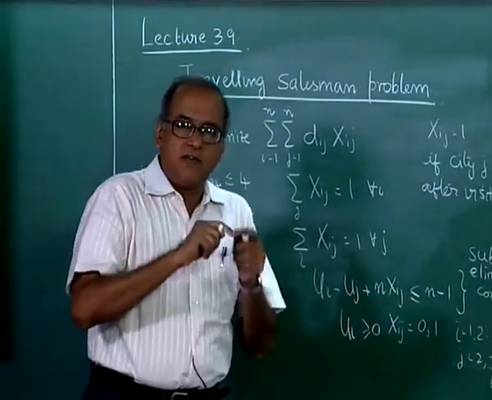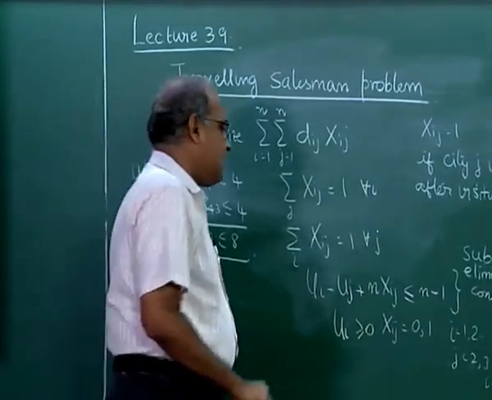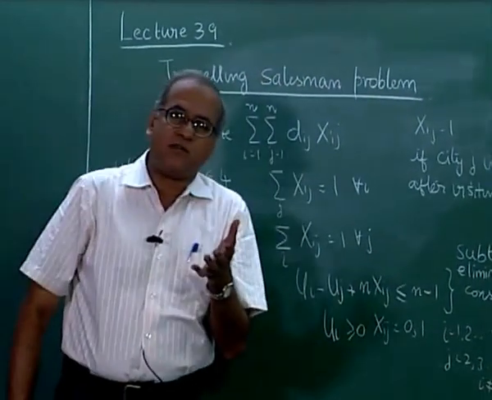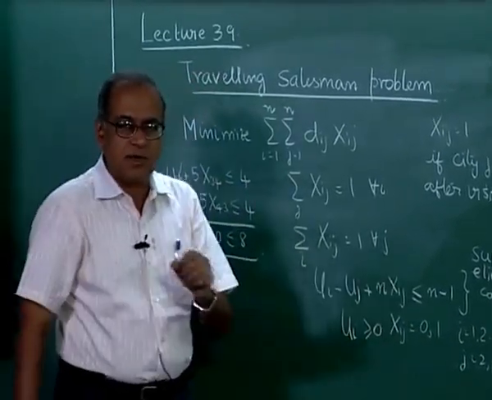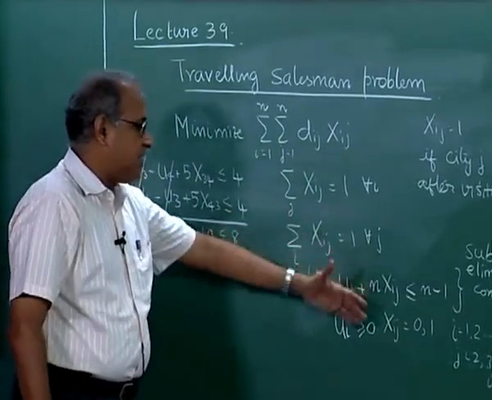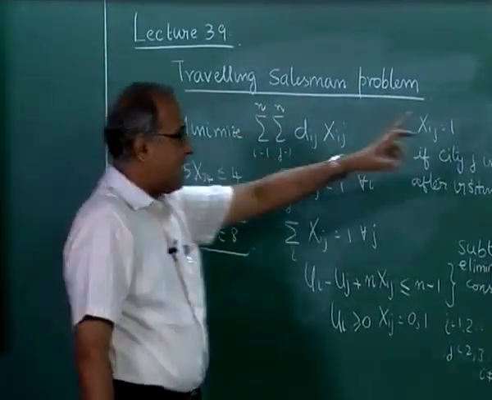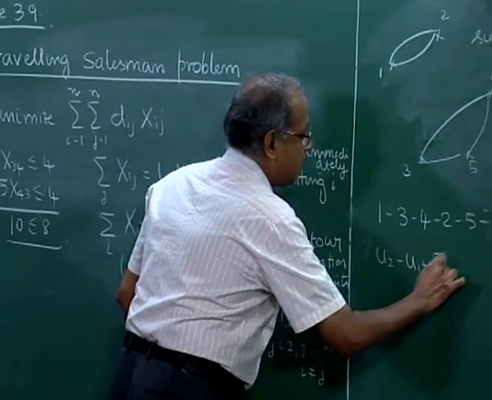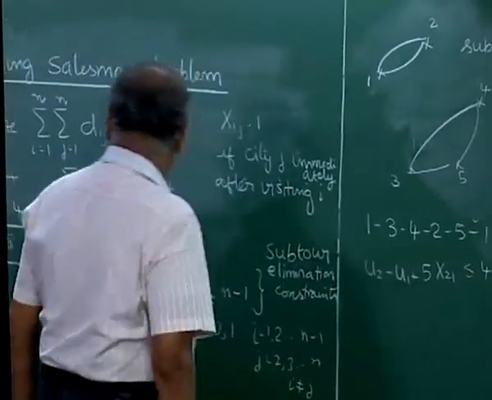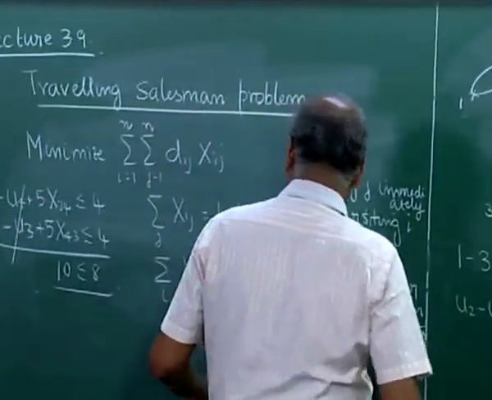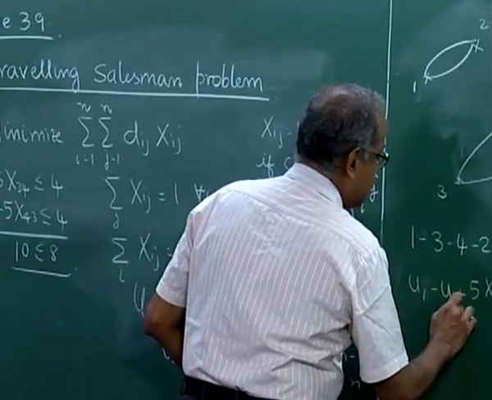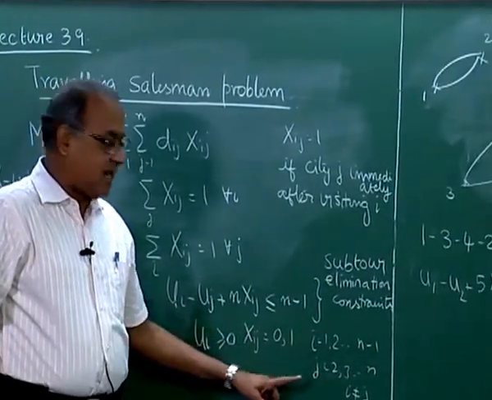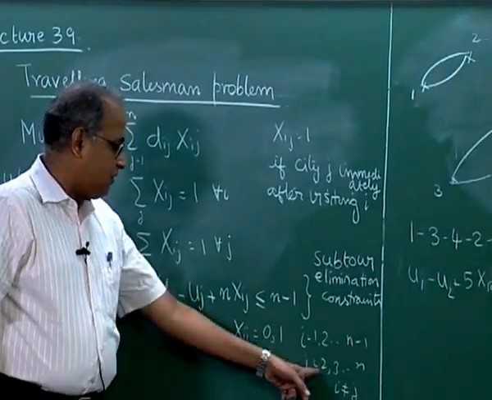Now, if there are subtours that involve city 1, the reason 1 is important is because of this i equal to 1 to 2 to n minus 1, j 2 to 3 to something. So, if there is a subtour involving city 1, then one will get a feeling that it will not be eliminated by this. For example, if we start writing for this, then you will get a thing like u2 minus u1 plus 5x21 is less than or equal to 4. In fact, u1 minus u2 plus 5x12 less than or equal to 4, but then you do not have a 2 1 because j is not defined for 1, so you will not get